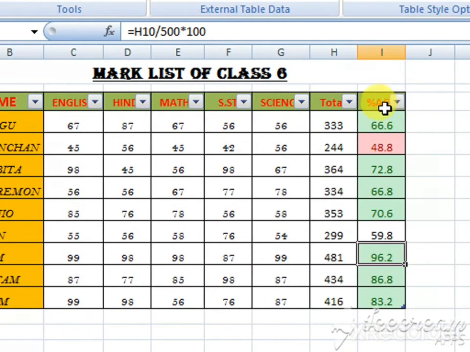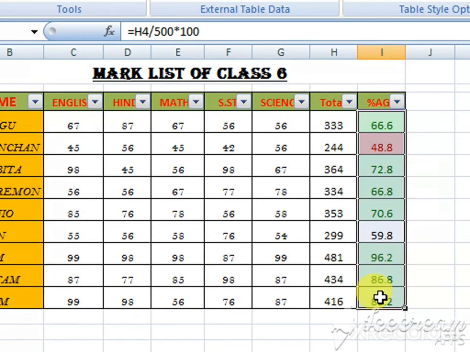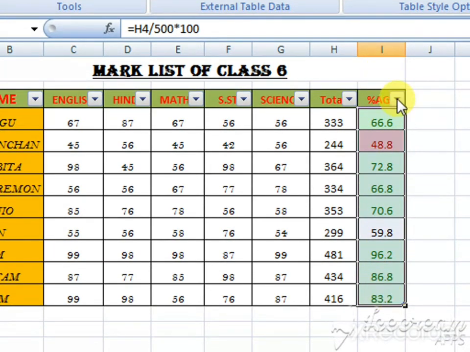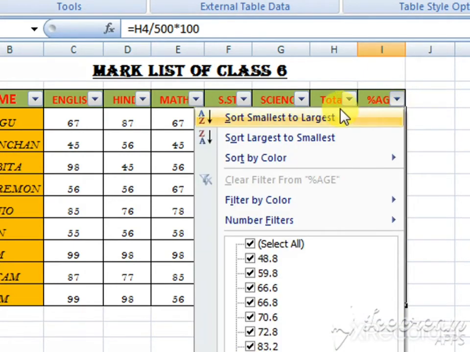The topmost here, what I will do is I'll select the percentage area, click on this arrow and sort smallest to largest or largest to smallest. Now I want largest to smallest. Just click on it and you can see the changes here.